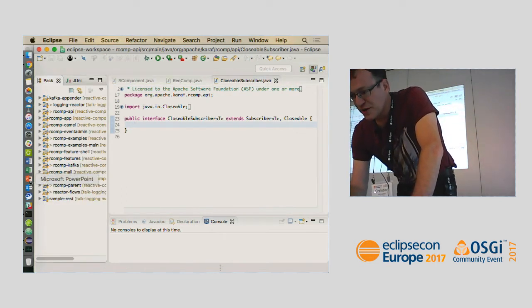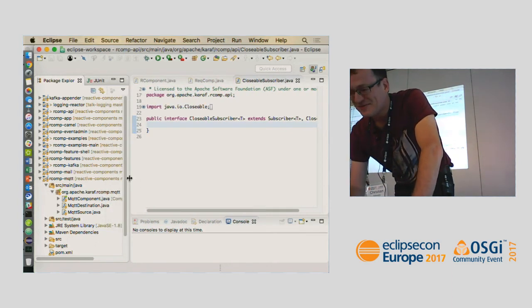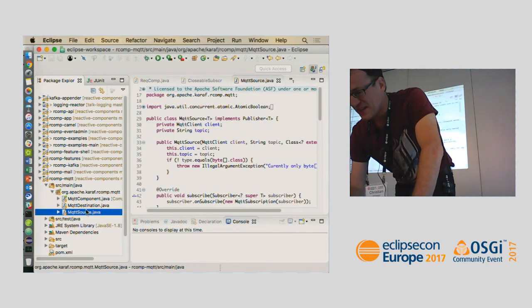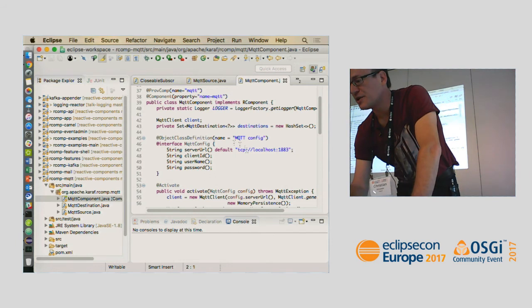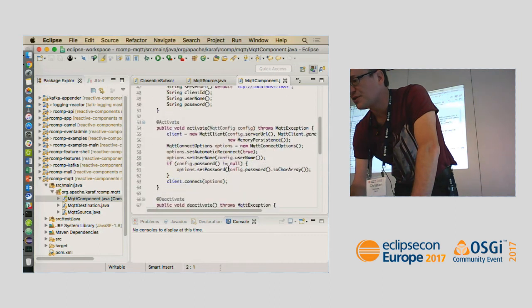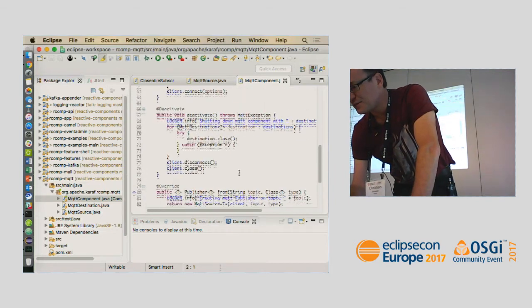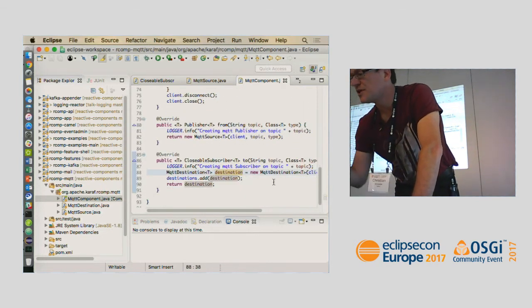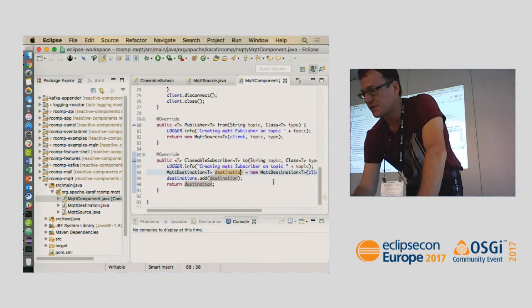Then let's look into a very simple component. That is actually not really according to the spec, like I already knew, but a bit ignored for simplicity. Yeah, let's start from the inner thing. This is the component where you depend on the config. You can configure all that is necessary for an MQTT connection. It is published, and the client connects when it activates. And then you have this from and to, and can basically create your integrations with reactive streams.